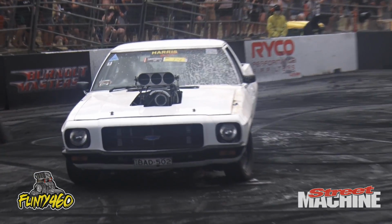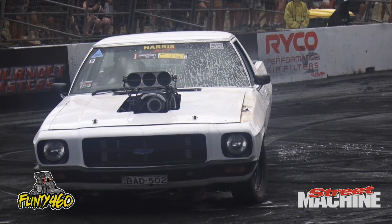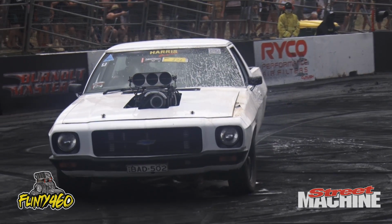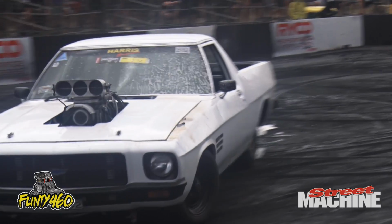And those guys spend all day in their fire suits, hoping not to have to use them, but of course they're on the scene if they ever have to. Yeah, there's a bit of fluid underneath there. I'm not sure if that's coolant or oil, but it doesn't look like it's